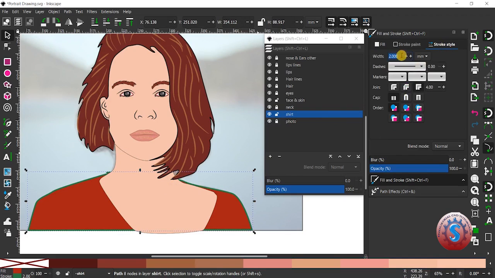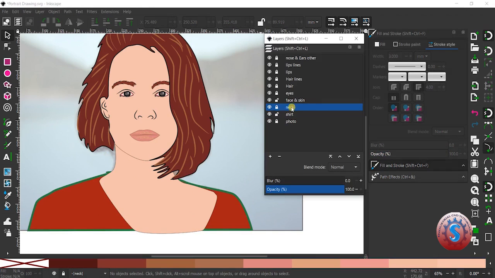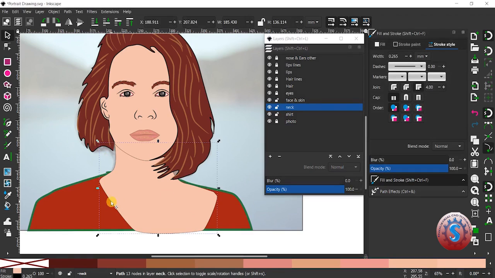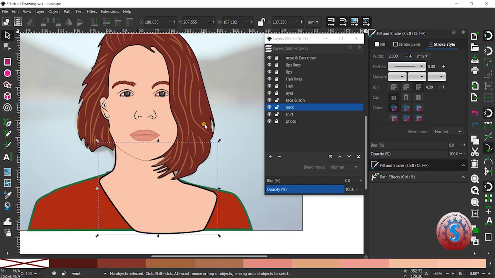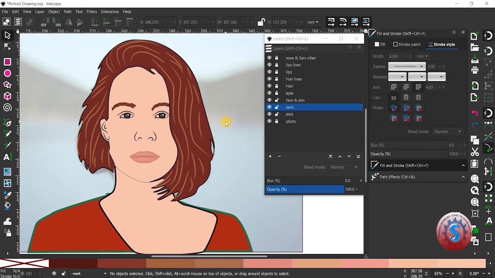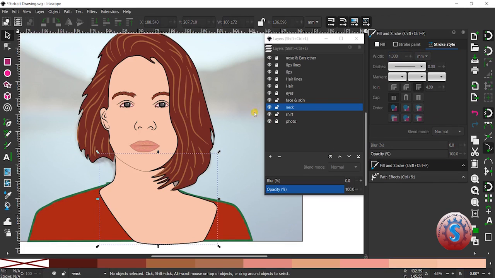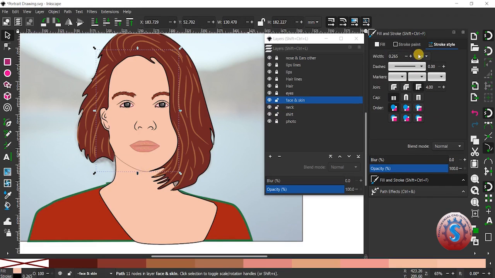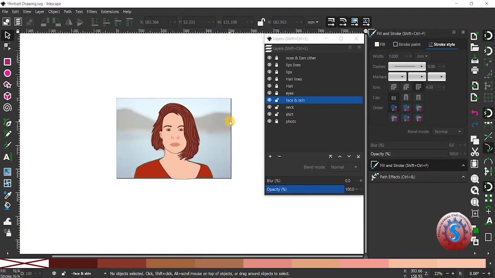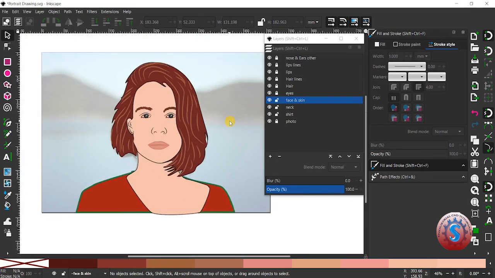I want to change the fill color by using the neck option, so I am clicking the neck. I want to give the stroke width somewhat 2.0. Next I am creating the fill color, stroke style width 1.0. It is okay, 2.0. I want to give the face also, changing the width to 1.0, and the stroke width of the face is completed. It is looking good. If you give the stroke width, it is good to see on the portrait. So you can observe the face and the skin are okay, the strokes are okay.